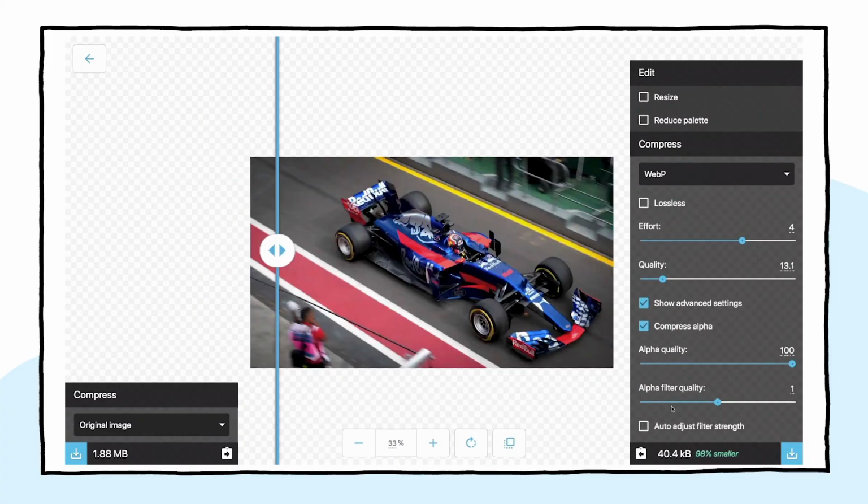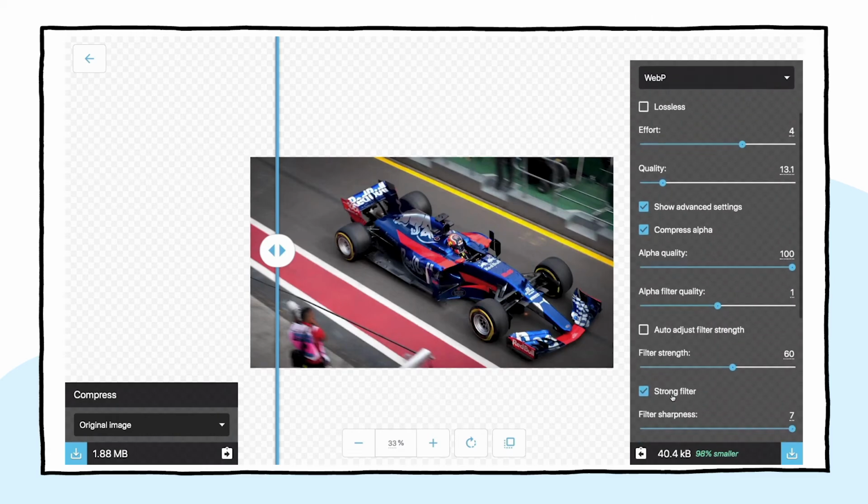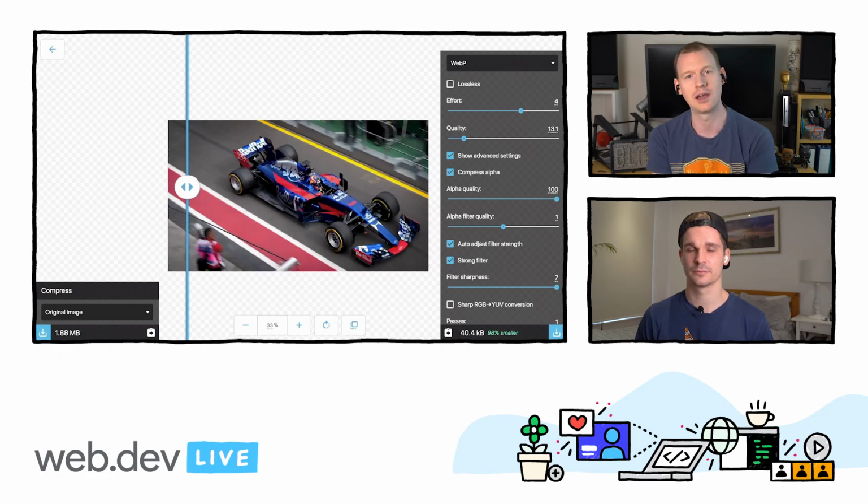I actually wanted to look into some of these advanced settings in WebP, because when we first built Squoosh, I didn't know what these did. I just took what the code did and made UI for it. There's a lot, but I now know what they do. I did some research. The really interesting ones, auto-adjusting the filter. This is a good thing to do. This really slows down the encoding time, but it improves the visual a lot.